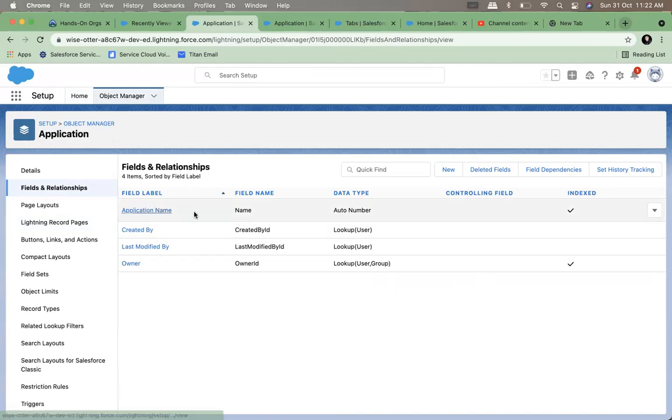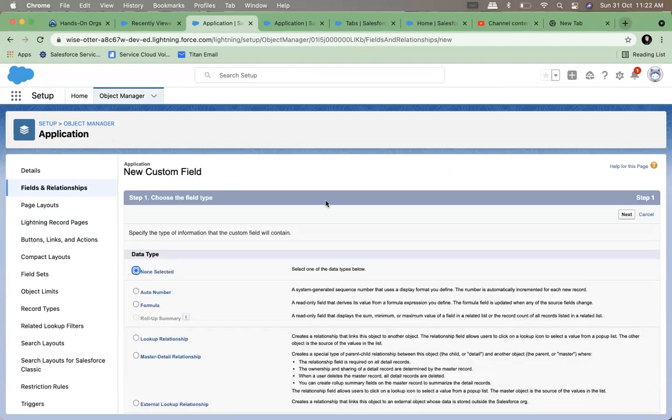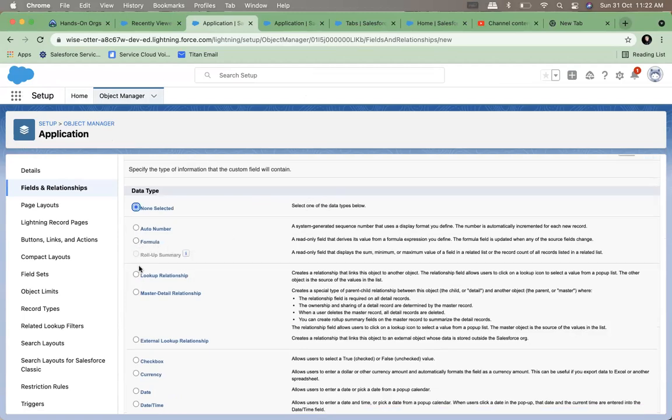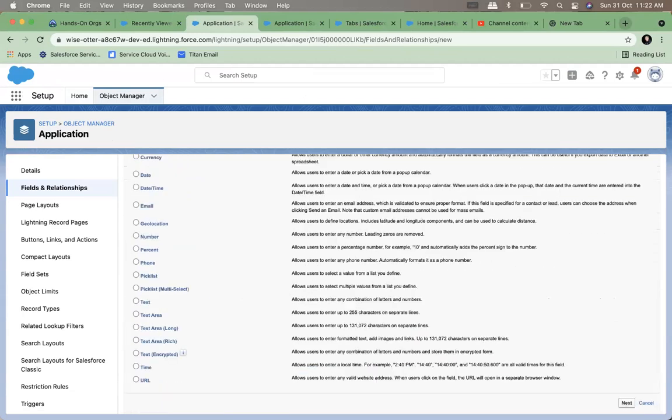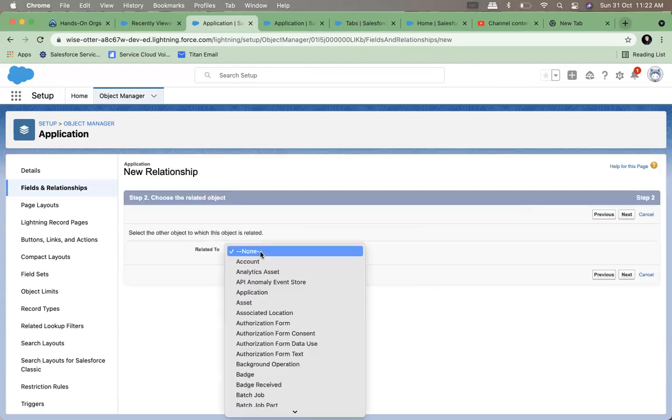So name field is there. Name field is now an auto number, so nothing to fill up here. Lookups, these are all lookup fields. What are lookup fields? Let's create one. Here is a lookup field. Let's relate this to account.